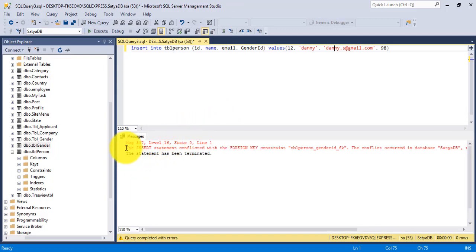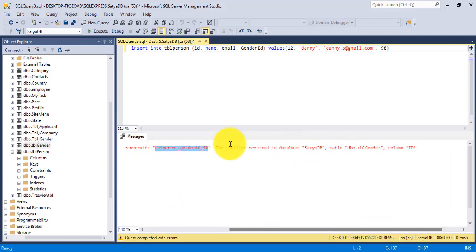See here, the error we have got: the insert statement conflicted with the foreign key constraint tbl person underscore gender id underscore FK. The conflict occurred in the database, and the table is tbl gender, referencing the column id.